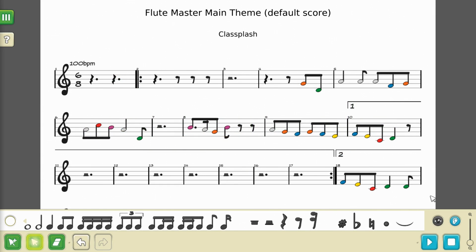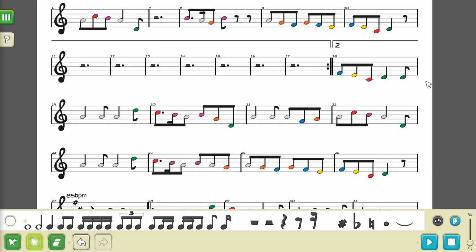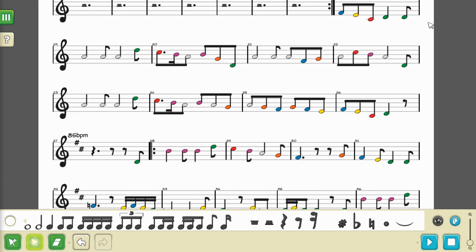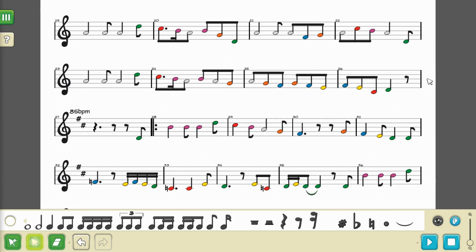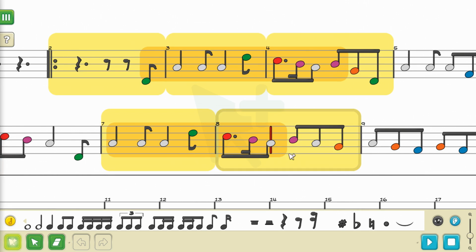Cornelius Composer is a new music sheet editor that we've developed at Classplash that has some unique and interesting features. First of all, it is totally cross-platform, available on Windows, Mac, Android and iOS. It has powerful multiple selection and editing tools,